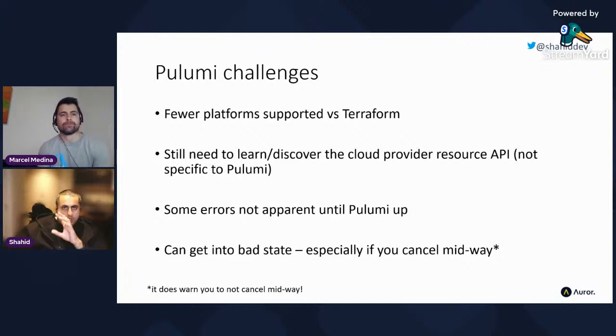Now, of course, all of those cloud provisioning steps are asynchronous. You tell the cloud to go and create you a database, and it will eventually tell you it's done. So if you hit Control C and break Pulumi out of its running step, then it's going, well, I have no idea what's happened now. I told Azure to start creating a database, but I didn't get a chance to tell it not to. So you can get stuff in a bad state.